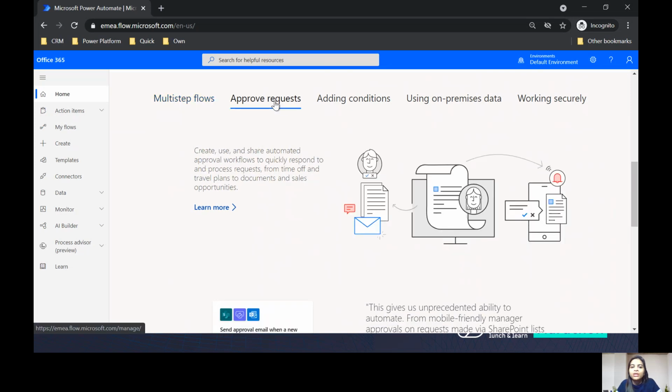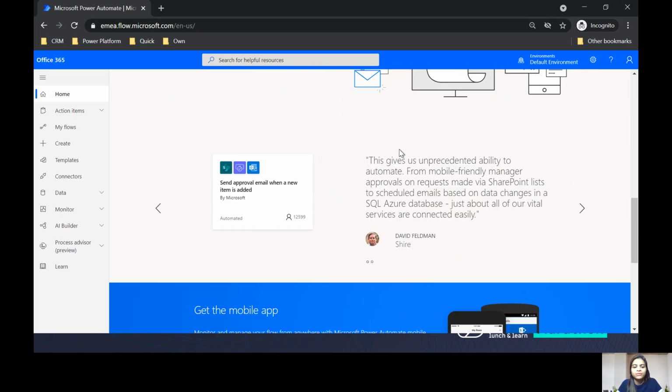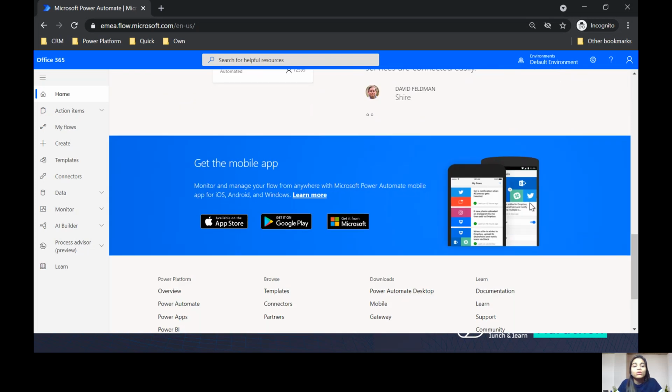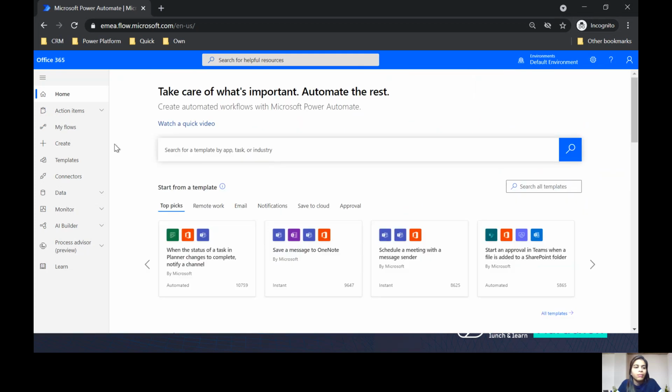There are some approve request templates. This would mean that it will send an automatic message or a Teams message to your manager or to the approver and get the task done before you actually send an email to yourself. You can get the mobile app so that you don't have to always log in here and work. You can always click from your mobile to get the flow work done. Coming back,